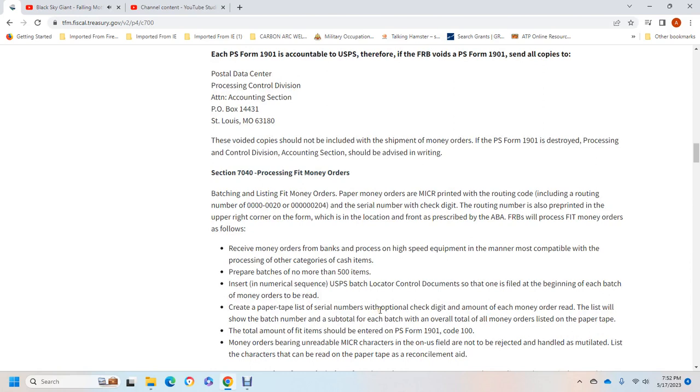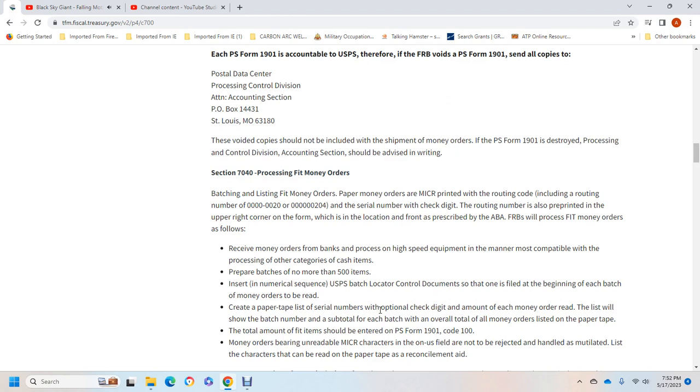Section 7040, processing FIT money orders. Batching with listing, FIT money orders, paper money orders with the MICR routing code, including the routing number, the serial number, and the check digit for the routing number that is preprinted at the upper right hand corner, which is located at the front of the ABA, American Banking Association. The Federal Reserve will process the FIT money orders as follows: